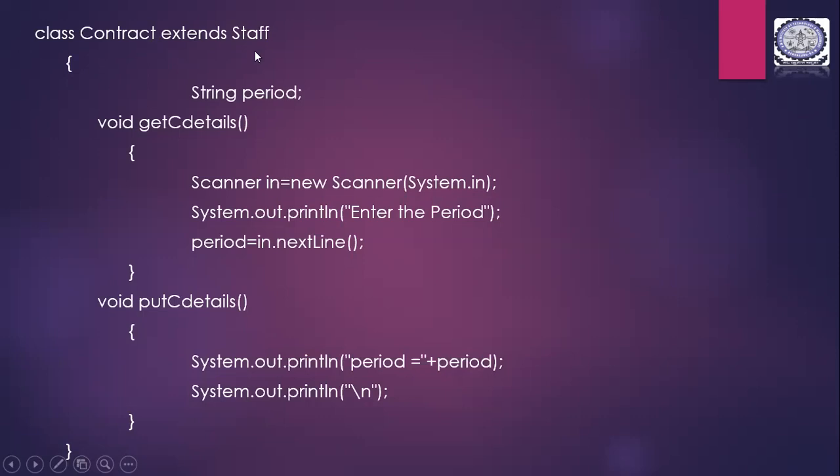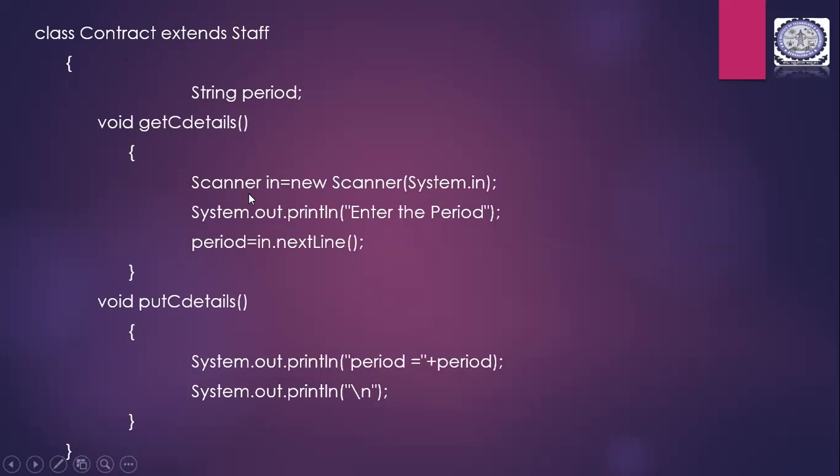Along with the staff ID, name, and phone number, you will be using period also. For period, we are taking the string data type. You can also take an int variable for this, or you can take a string. If you're giving in a number, you can take the int variable. If you're mentioning a period in a word or a sentence, then you will have to take it as a string. Either you can take an int or a string here.